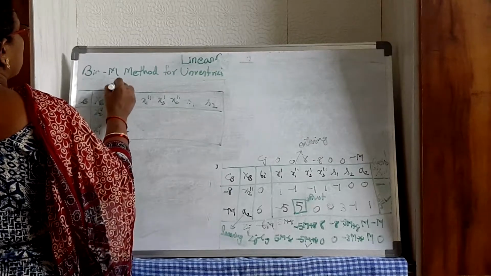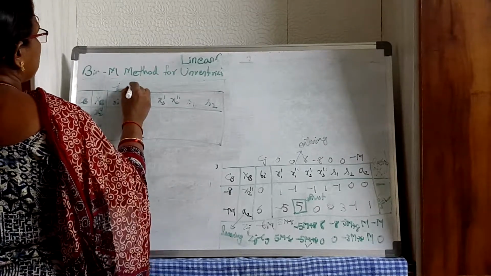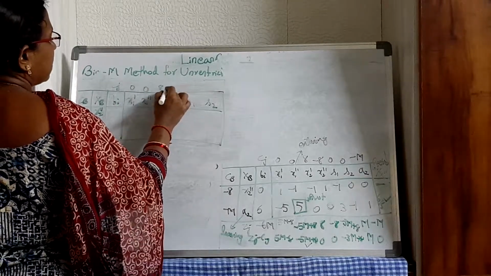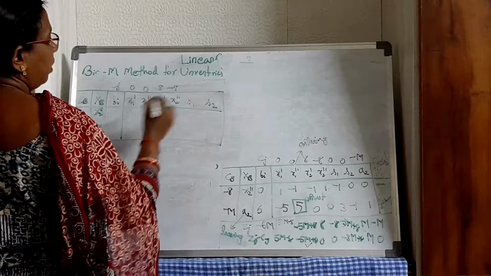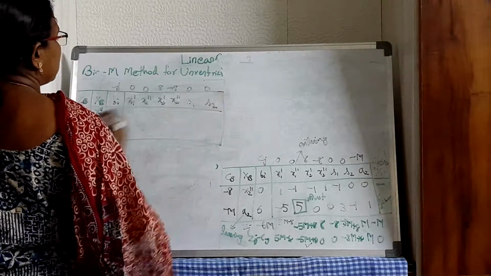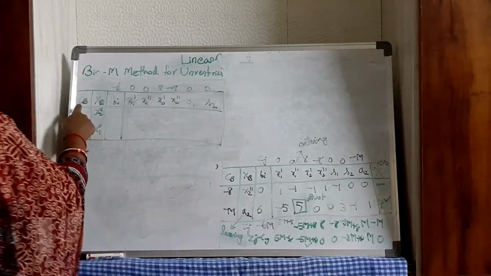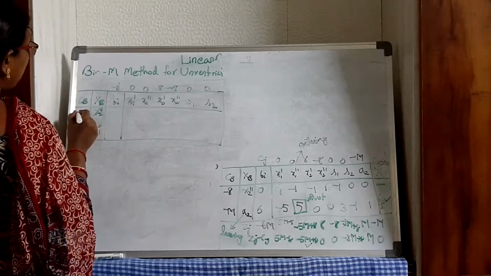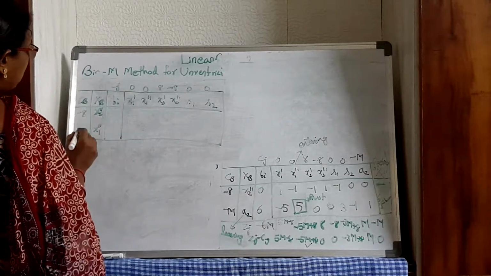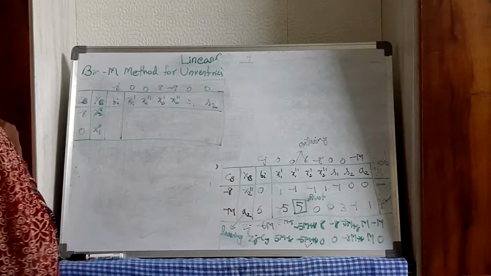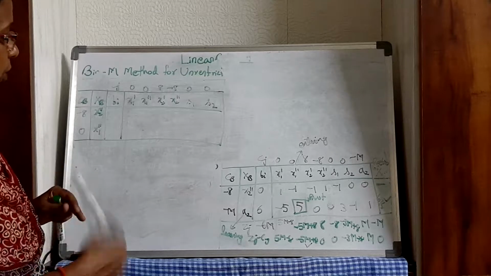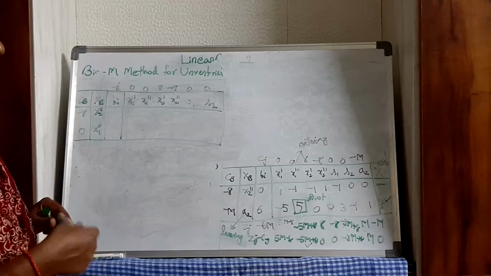So what are the costs associated with these variables? For x1 dash, x1 double dash it is 0. x2 dash, x2 double dash is 8 and minus 8 respectively. For s1, s2 it is 0. So I'll write the respective cost in the CB column. For x2 double dash write minus 8 and for x1 double dash it is 0. Now the pivot element is corresponding to the second row.